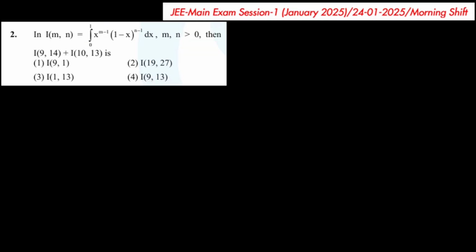This is a special function known as the beta function, and we have to find the value of this part. Let's not go deep into the beta function and make it simple. We write the required quantity by substituting 9 and 10 in place of m and 14 and 13 in place of n here. So this becomes,